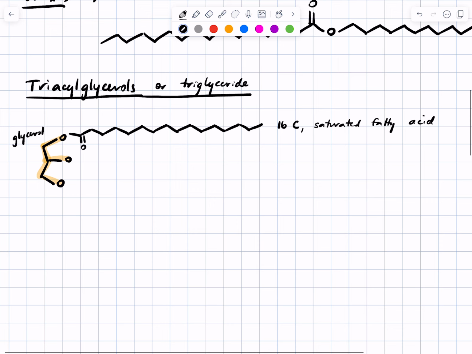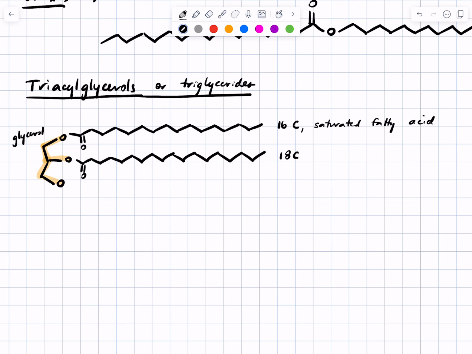Incidentally, for reasons we'll talk about later on in metabolism, all of the natural fatty acids and triglycerides have fatty acid components with even numbers of carbons. That's always true. And that has to do with how they're synthesized in the first place. And so these fatty acid portions can vary in composition. For example, suppose this is a 2, 4, 6, 8, 10, 12, 14, 16, now 18 carbon saturated fatty acid.